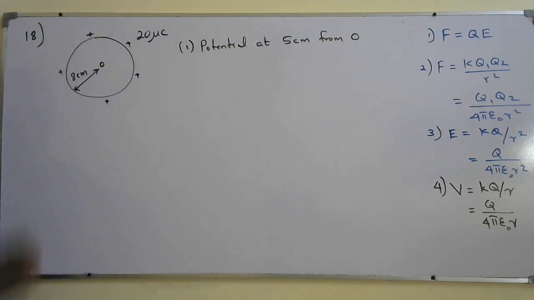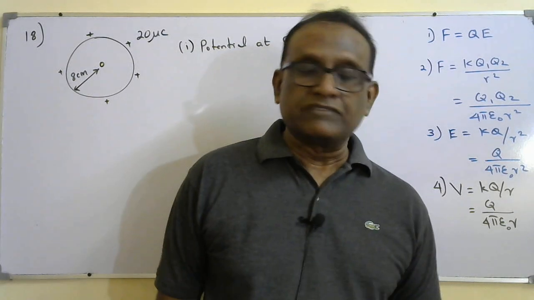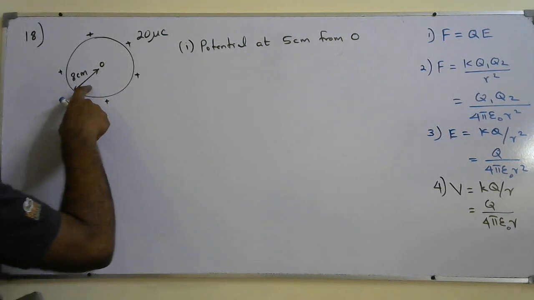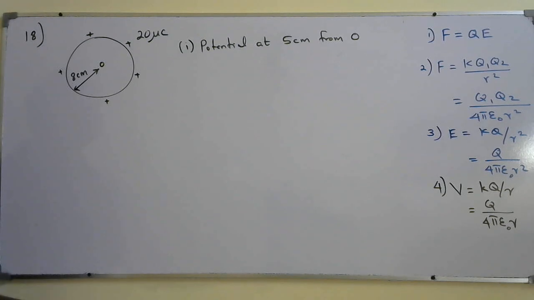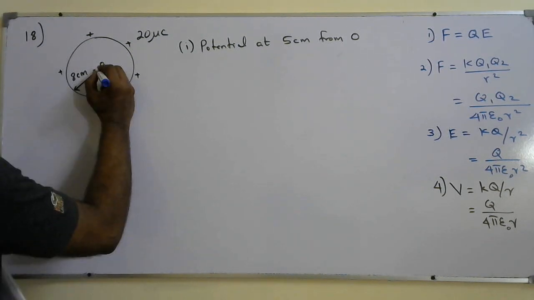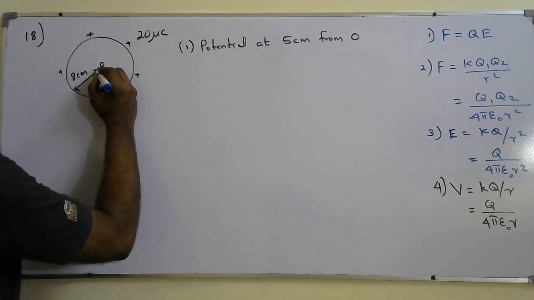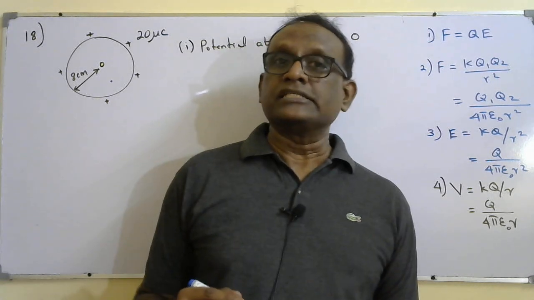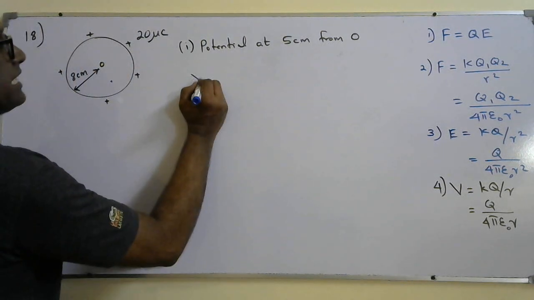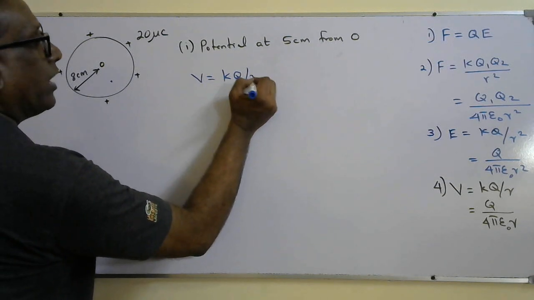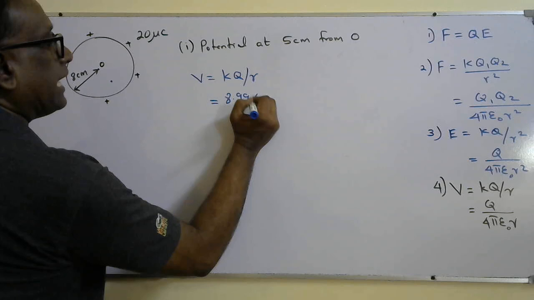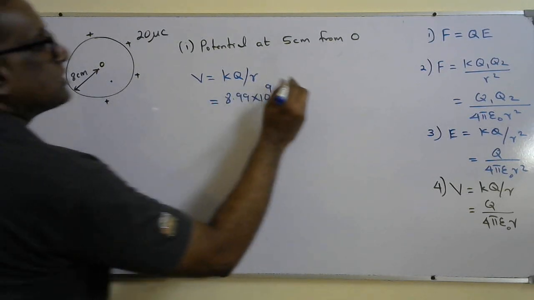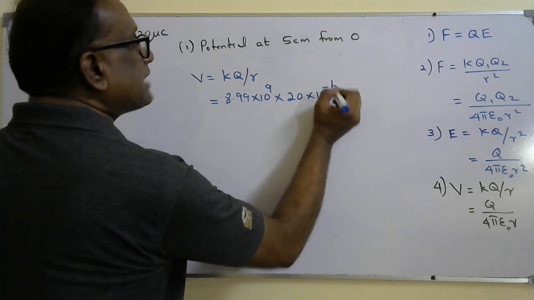Okay, so the total charge, uniformly distributed on the surface of the metal sphere, is 20 microcoulomb. The radius of the sphere is 8 centimeter. The center is O. First part question: find the potential at 5 centimeter from O. I told you that 5 centimeter means it's inside the metal sphere. The potential at 5 centimeter is the same as the potential on its surface. So the equation V equals kQ over r: 8.99 × 10^9, the total charge I can assume concentrated at the center, so 20 × 10^-6 over